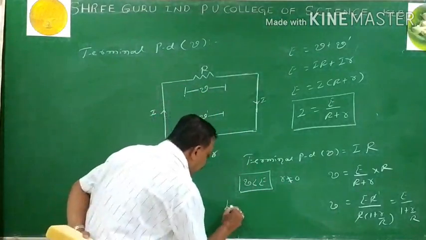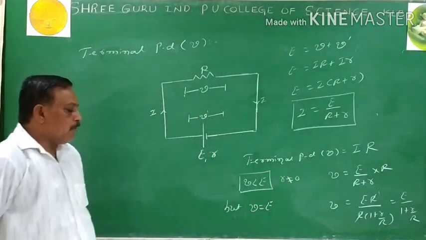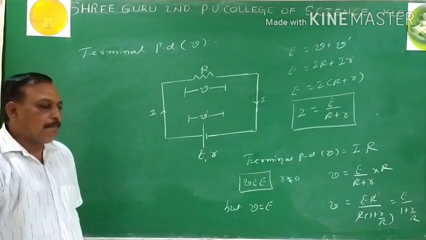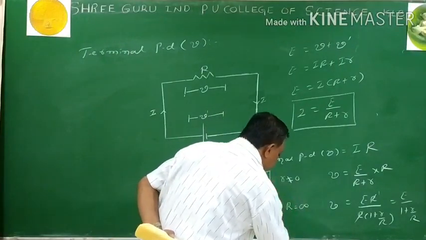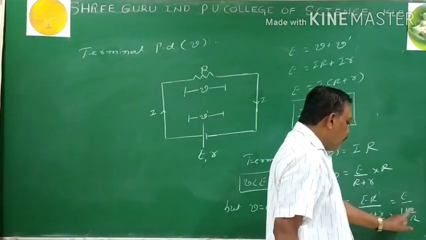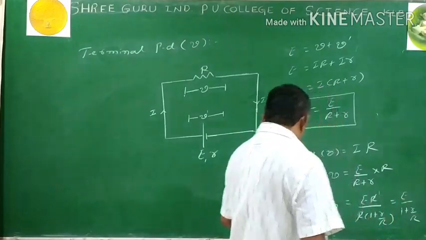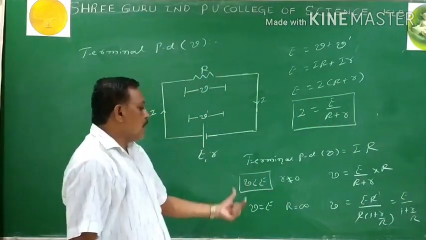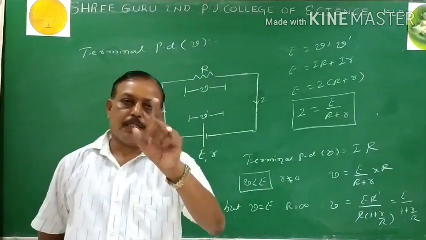But I want to make V equal to E. If you want to make V equal to E, when r is not equal to 0, what has to be changed in the equation? Capital R must be infinity. Any number divided by infinity is 0, so 1 plus 0 is 1, E by 1 is E, then V equals E. When the circuit offers infinite resistance, when the circuit is under an open condition, an open circuit offers infinite resistance.